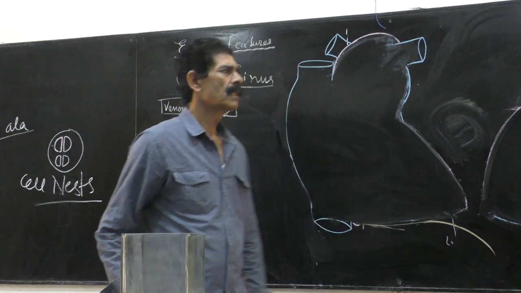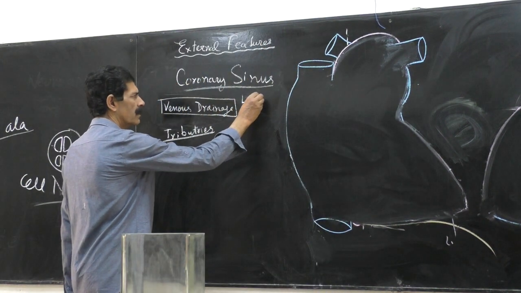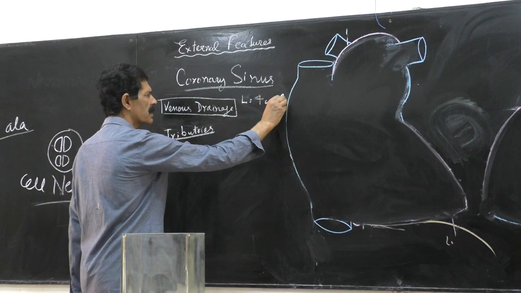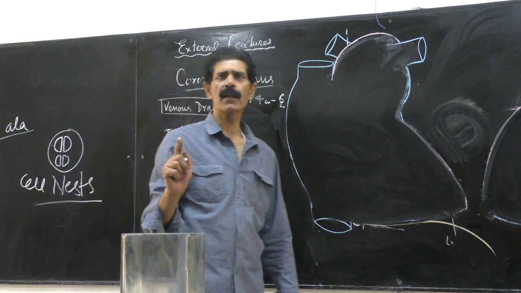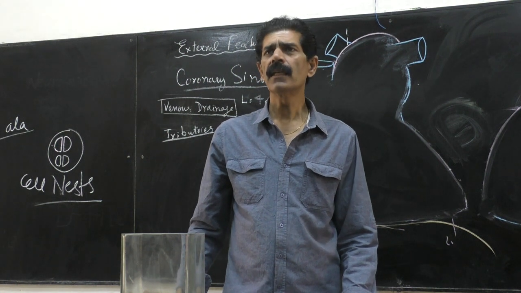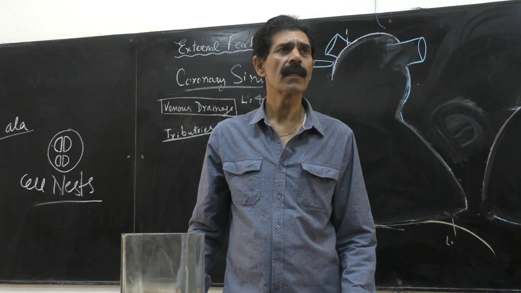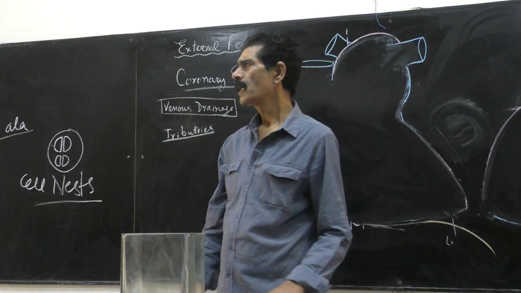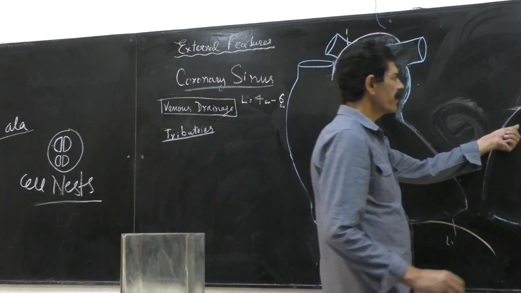And first is the dimension, the length, 4 centimeter to 6 centimeter. So it is about 4 to 6 centimeter long venous channel lying in the posterior atrioventricular sulcus or coronary sulcus. Posterior atrioventricular sulcus. So here we find